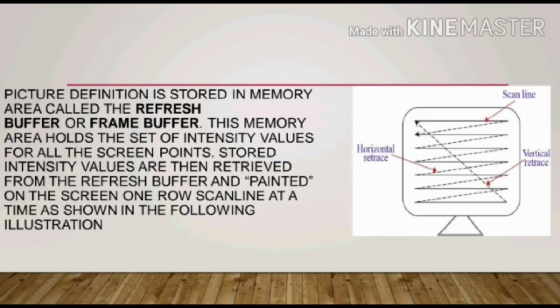There are two types of scanning in this system: interlaced scanning and non-interlaced scanning. In non-interlaced scanning, each horizontal line of the screen is traced from top to bottom, due to which fading of the displayed object may occur. In interlaced scanning, first all odd-numbered lines are scanned, then in the next cycle the even-numbered lines are visited, but it gives flicker. In this way, raster scan display produces images on a computer system.